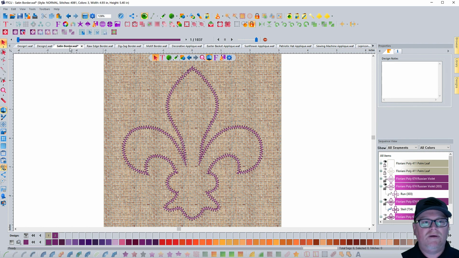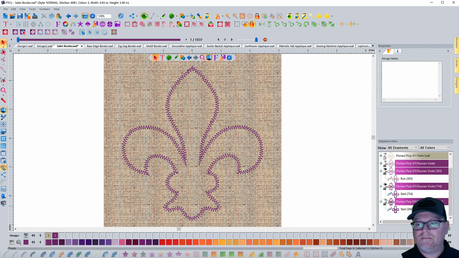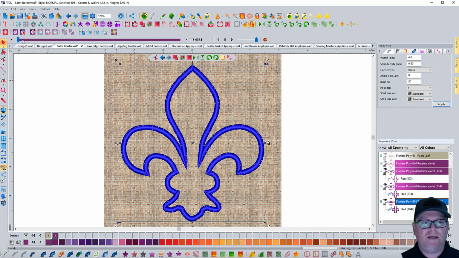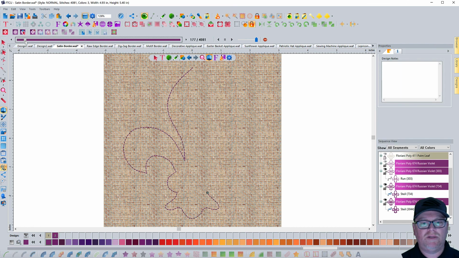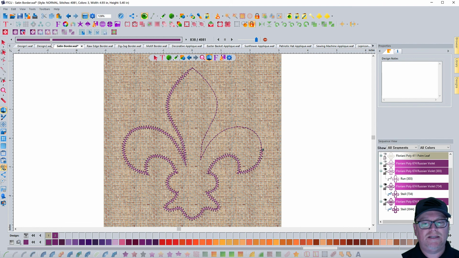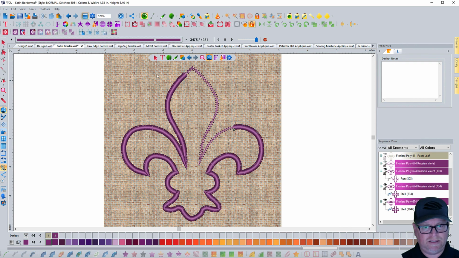So now in this design, turn this border on as well. If I do a slow redraw here, you'll see that it will do a placement stitch. Then it's going to do this zigzag to tack it down. So after the placement, I would have laid my pre-cut fabric down in place, and then I would do this tack down as a zigzag stitch to make sure it grabs the fabric, and then the border. And that's the basics of doing